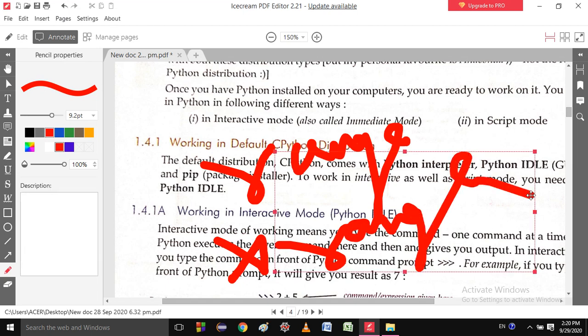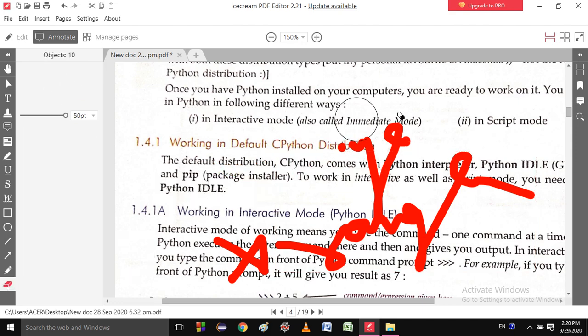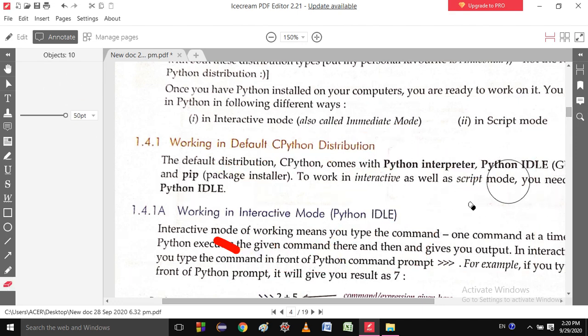And students, as you know, I have already shown you how you can download and install Python. I think these are the most important changes from Python 2.0 to Python 3.0.